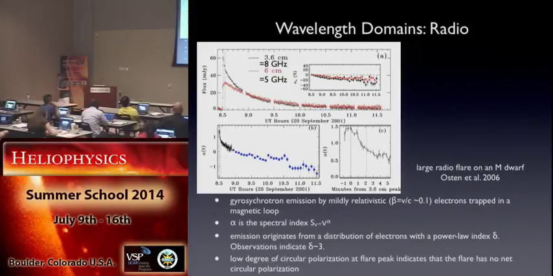Okay, in the radio domain, here's a nice example of a large radio flare seen on an M dwarf. In this particular case, we're looking at gyrosynchrotron emission from mildly relativistic particles that are electrons that are trapped in the magnetic loop. You can derive the spectral index if you have multi-frequency observations. This is just the flux. This index is just the flux ratio of those two, assumed to be a power law, and how it's changing with time. You can see over here in the very beginning phases of this flare, you get a very interesting increase in the spectral index, which indicates that